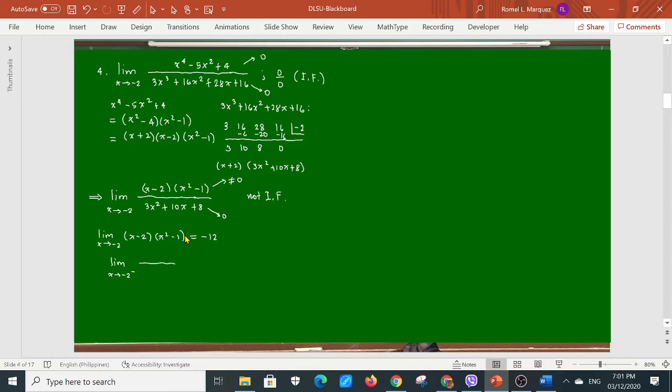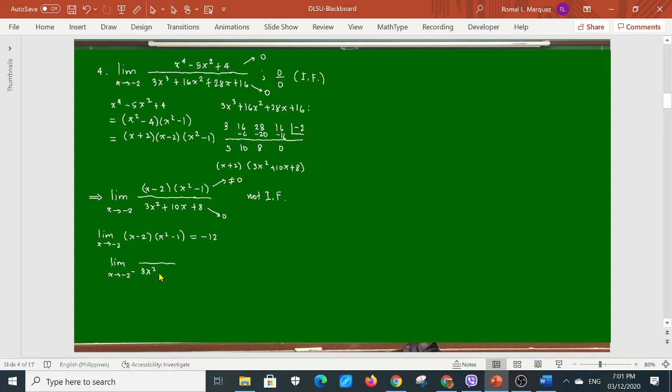3 times 4 minus 20 plus 8. So, that is 0. Pag 2.1, 3 times negative 2.1 square it. Nasa left ang negative 2.1, no? Square it. Minus 10 times 2.1 plus 8. Ay, sorry, 0.23, but it's still positive. So,